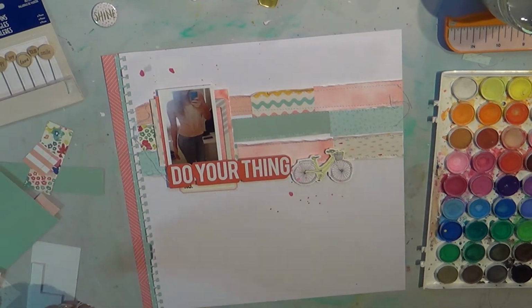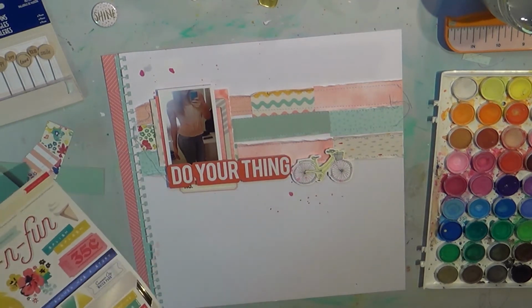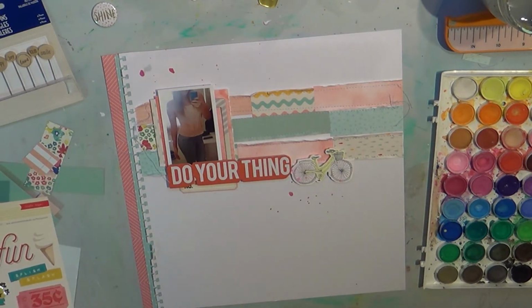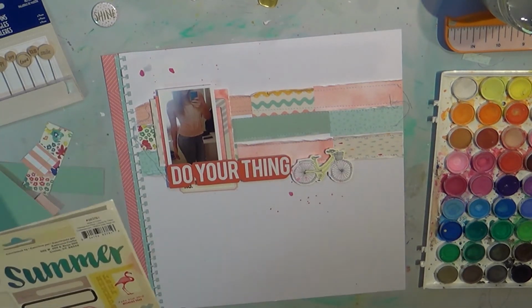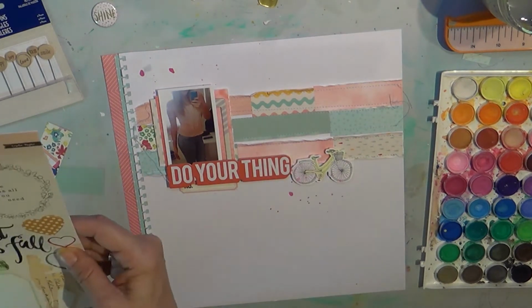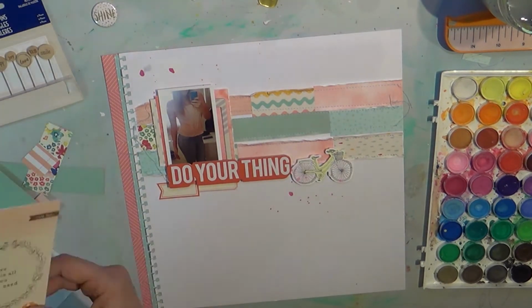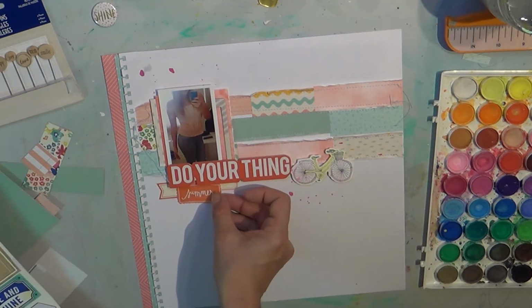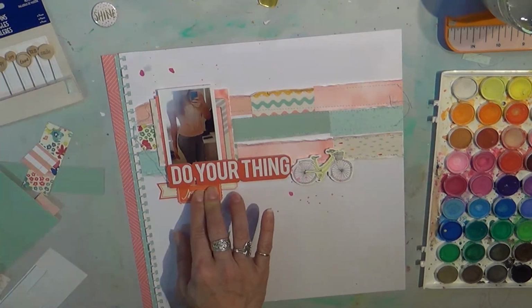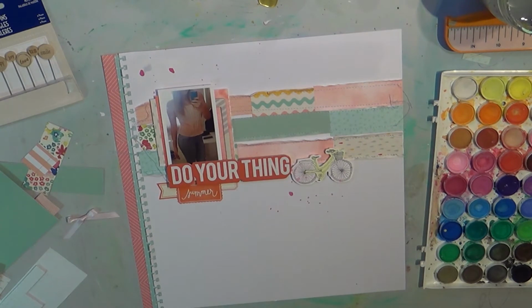I also pull from Pebbles at the Lake Summer Collection, which I think matches perfectly with these colors. I'm not sure I use one of these poolside collections. I don't think I do. Now I'm going back to the Maggie Holmes, adding a little bit of banners and just some stickers I think match. That's also from the Pebbles sticker sheet. And it was summer, so that was appropriate. And I just